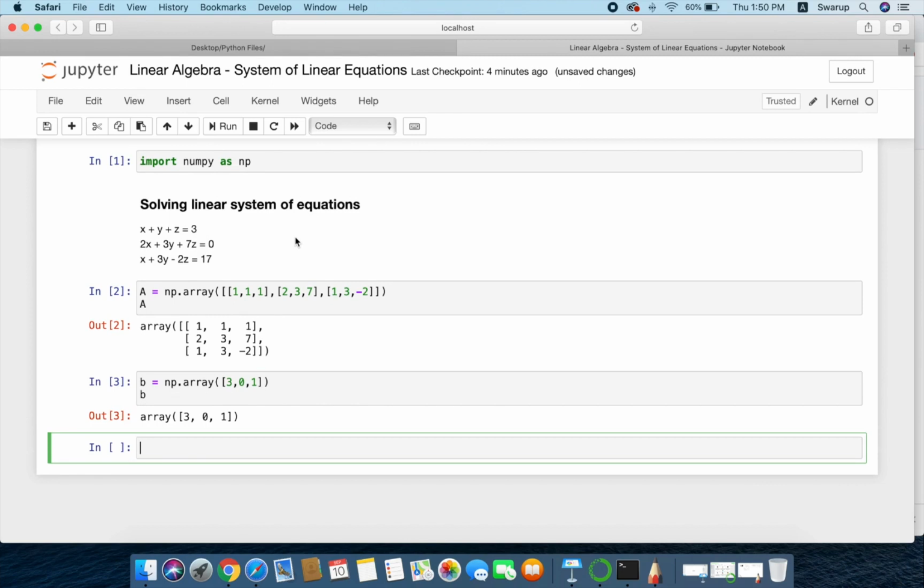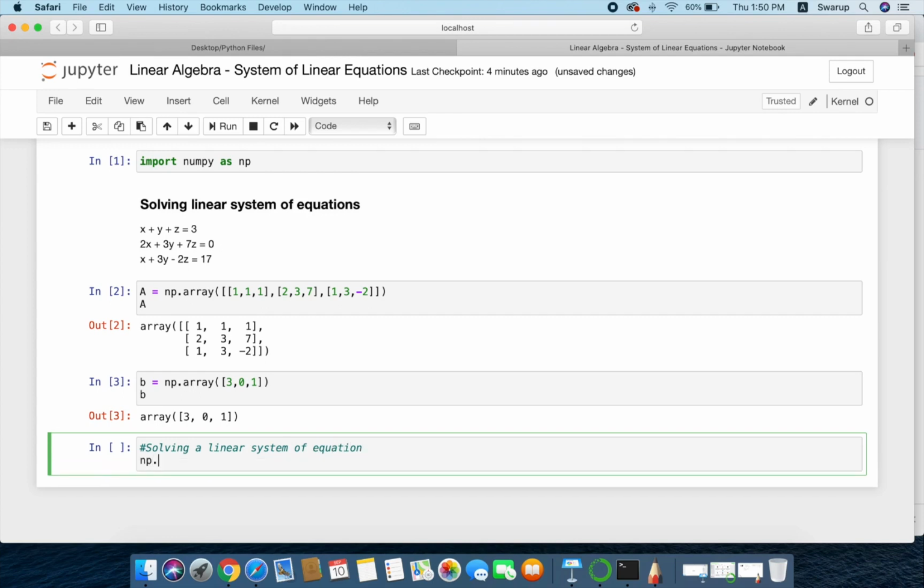It's very easy actually to solve it here in NumPy. We can solve this by using a function. So I'll just write down: solving a linear equation. So solving a linear system of equations, we can solve it here by using the NumPy module, the linear algebra module. So within NumPy we have a module linalg, that is linear algebra.